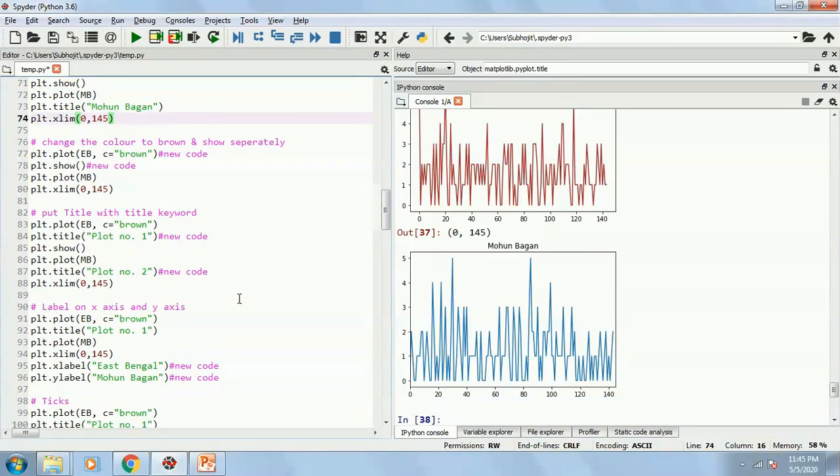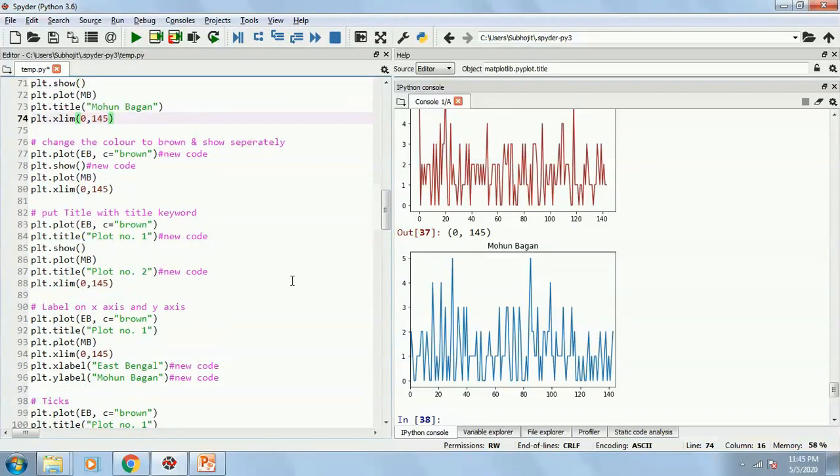Now the next part is I can also add different labels. Now let's assume that I do not want to create the chart separately. I want to plot them into a single chart.